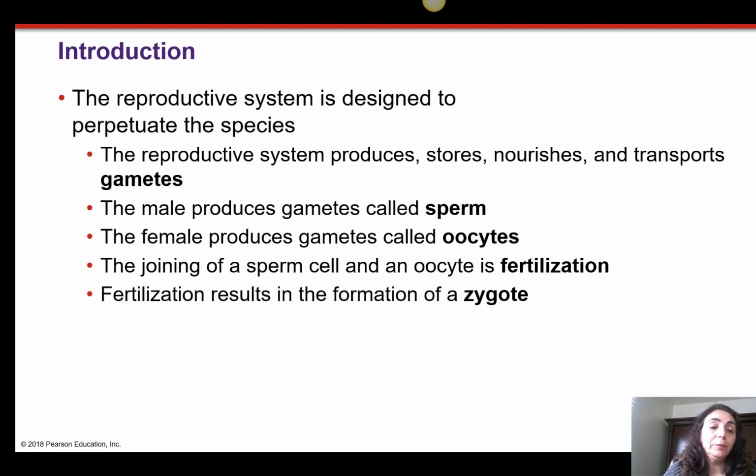And then the reproductive system produces, stores, nourishes and transfers gametes. We said that the gametes are the sex cells. In the male, as we discussed, the gametes are sperm, and in the female, they are oocytes that we're going to talk about. The joining of the sperm and the oocyte is called fertilization, and the result of that is forming a zygote. We discussed that the sperm and oocyte each have 23 chromosomes, and the zygote, when it forms,